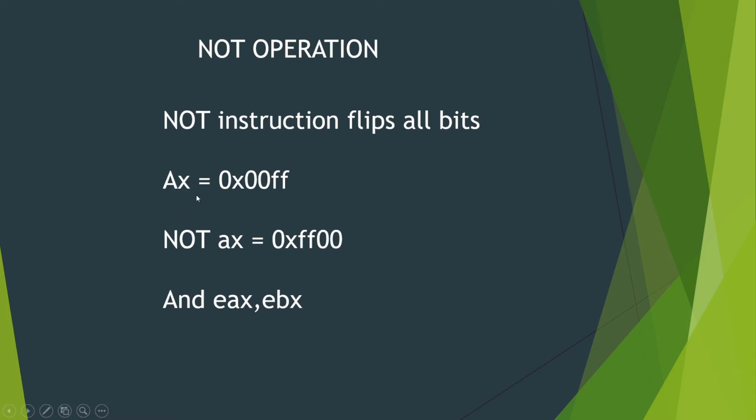Now let's say the AX register has 0x00FF, and if we apply the NOT, this 0 byte contains 8 zero bits, and these will convert into ones, 8 ones, which reach to F. In a similar way, this 0 transforms to F, and this F contains all 8 one bits, and these will transform to 0, and the resultant operand will be 0. In the same way, F transforms to 0. So the final NOT operation gives us the result FF00 on 00FF.